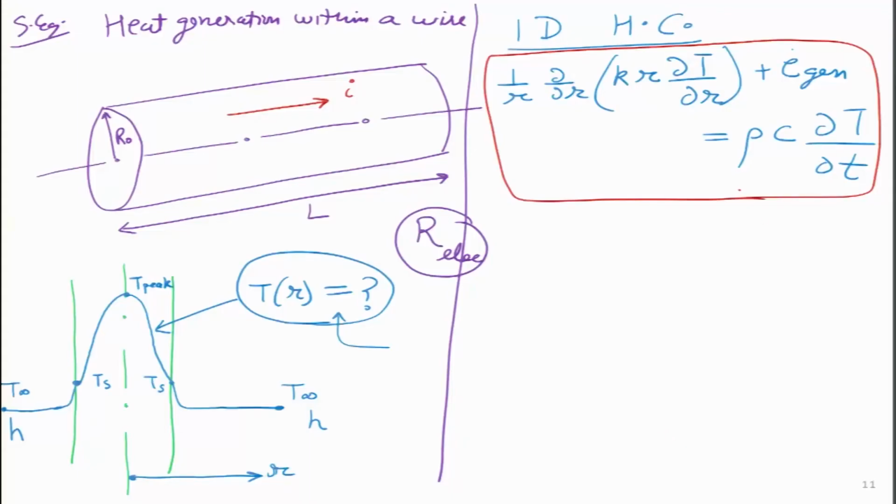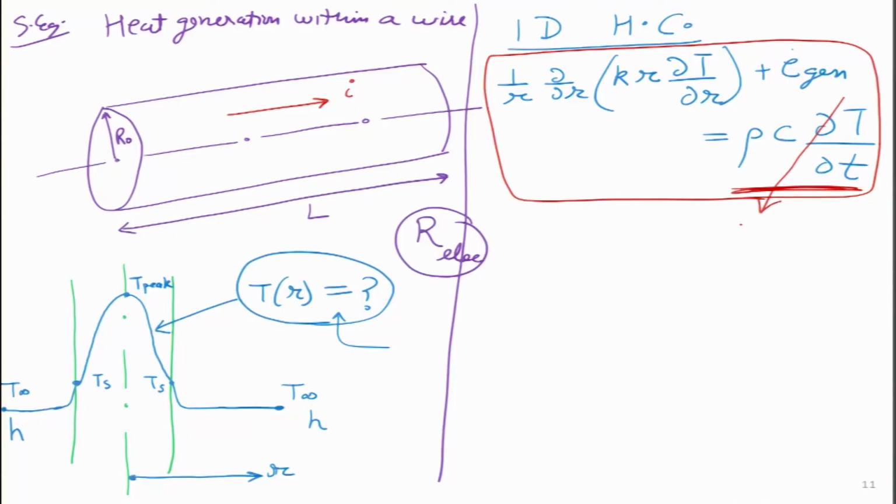So, if I ask the audience members, what do they think? Is there a term that I can drop from over here? How does this term on the right hand side look? If we are running current through this particular wire for a very long time, and it has been in this room for a long time, and room temperature is also steady, then under those conditions I can assume that temperature may be changing with radius, but at any point the temperature is not changing with time. Because it is the steady state, this transient term becomes equal to 0. Good, that has simplified our equation a lot.